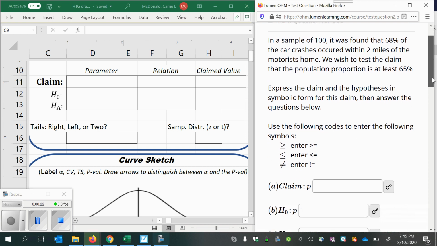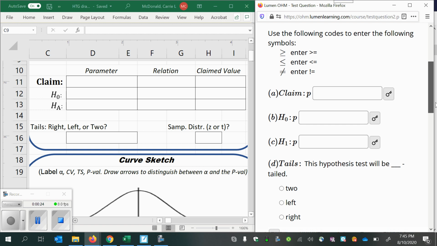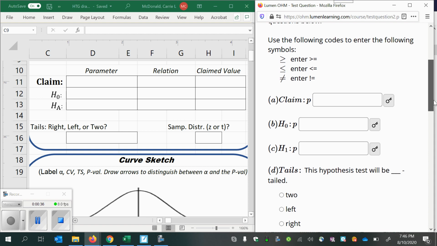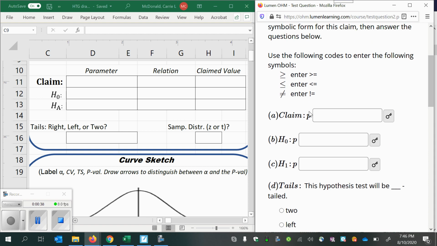So we have several parts here. A, state the claim in symbols. B, the null hypothesis. C, the alternative. D, the tails of the test. E, the conclusion. All right, now it's a claim about a population proportion. And it says,